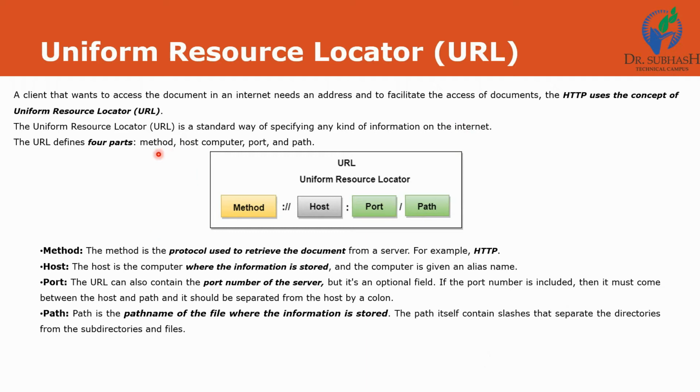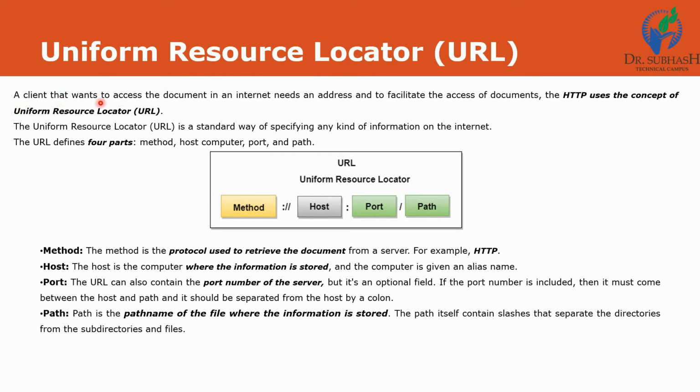Now previously we discussed what is a URL, uniform resource locator. There is another word, and that is URI, universal resource identifier. That means it will identify the resource. It will not locate it at that particular location, right? It just identifies whether it exists or not. That is URI, and here is URL.